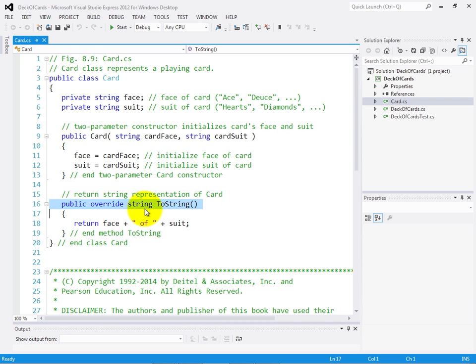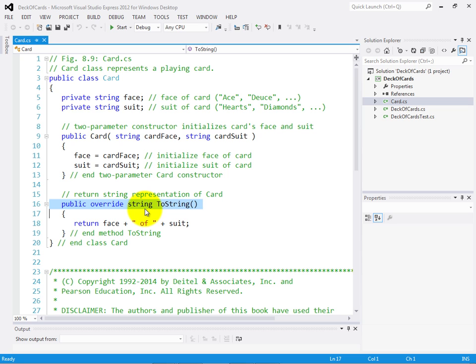Now, in the case of class object, the default implementation of toString just gives you back a text representation, but generally it's not a useful text representation. So almost every class really should define a toString method so that you can produce for the caller a useful string of information. Even if that string is just a string representation of all of the data inside of an object that might be used for error message logging purposes, it's considered a good practice to provide such a method to help users of your class.